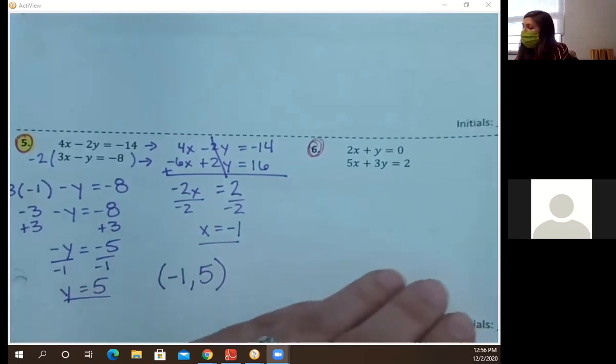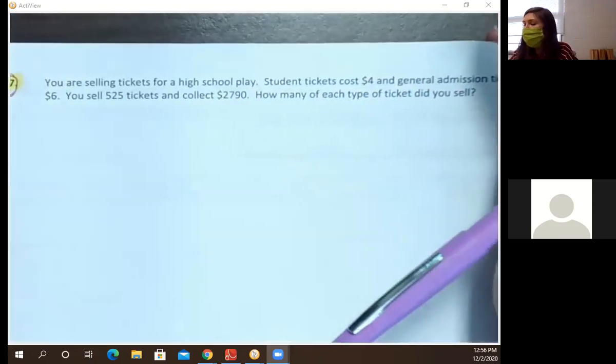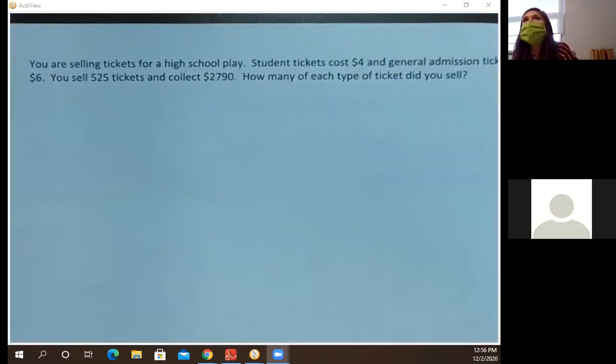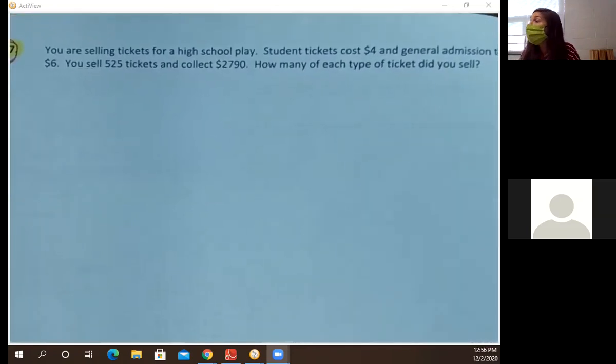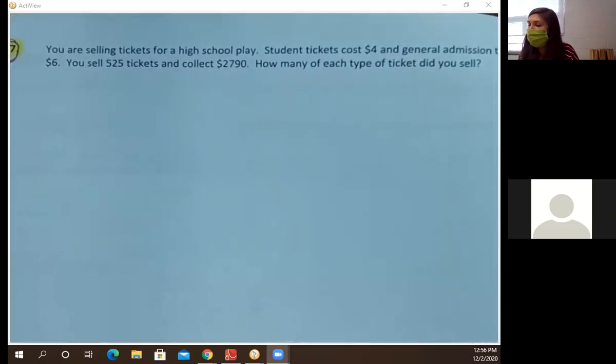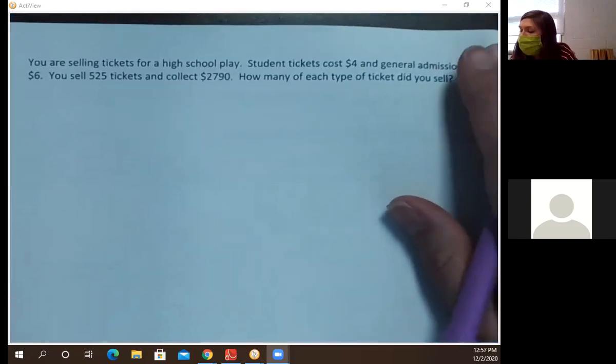Okay, if you would for me, please turn the page to page 140. Something else we worked on a lot before we took a break for Thanksgiving was how to write a system from a word problem. So I'm going to practice that here as well. So number